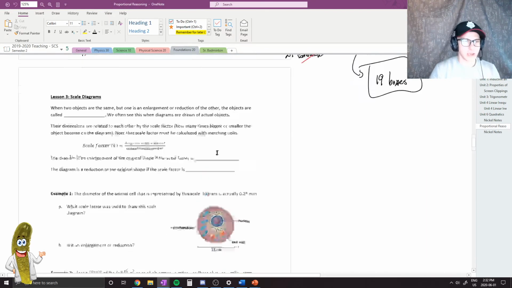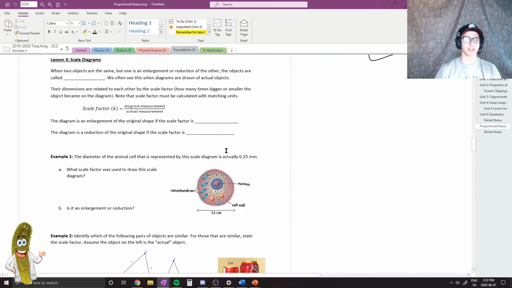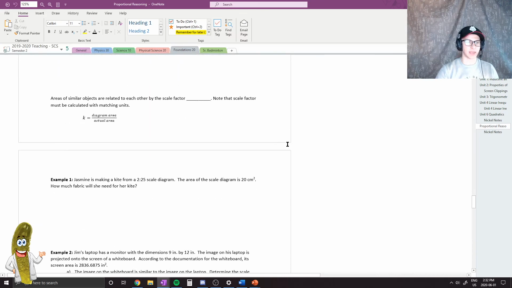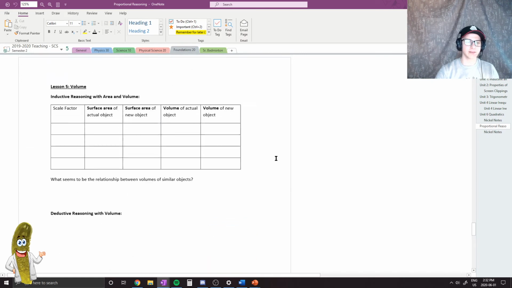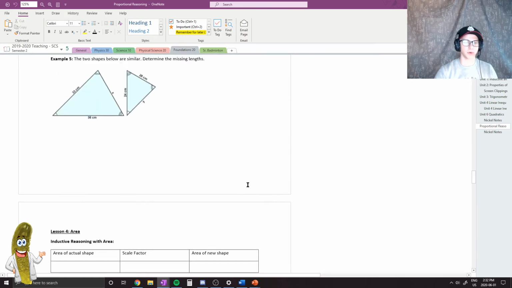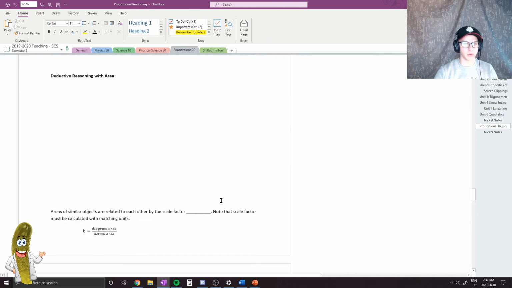Okay, so today we are continuing our conversations about proportional reasoning from last week. We do technically have three more lessons to get through, and area and volume are related in a number of ways. So I'm imagining that we will probably go through two of those lessons, maybe only one of those lessons